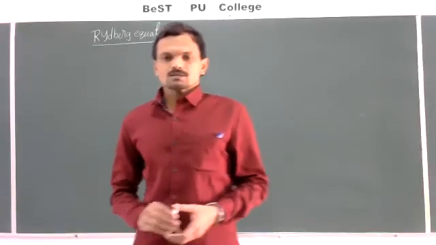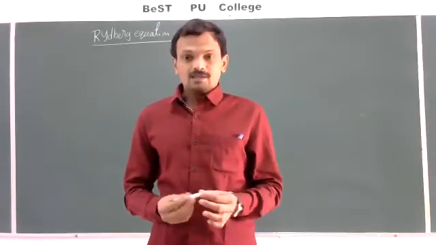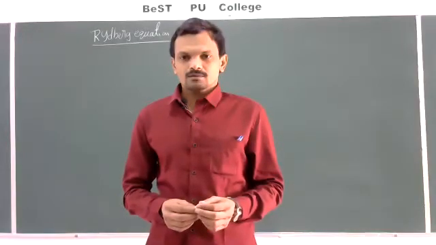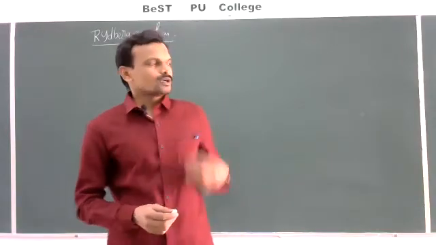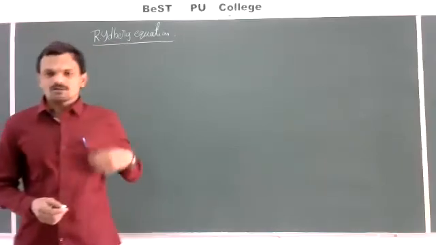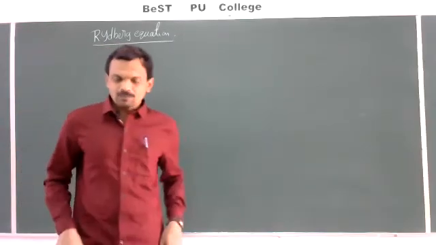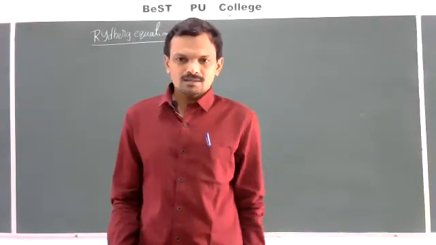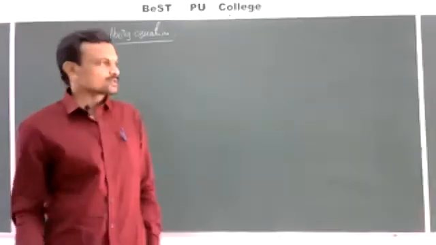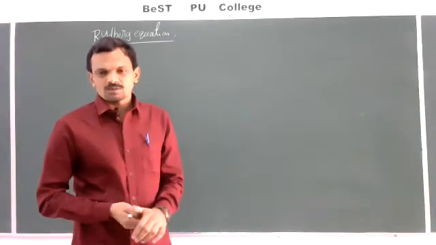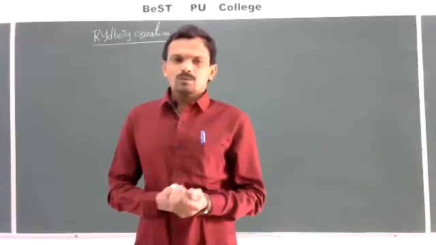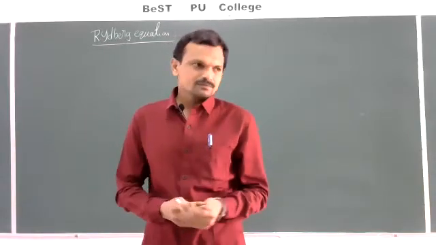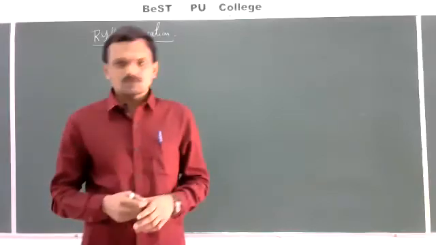Good afternoon, students. Yesterday in class we discussed the radius of the orbit, the energy of the orbit, the velocity of the electron revolving in an orbit, the time period of revolution, and the number of revolutions per second. In today's class we'll discuss what the Rydberg equation is, how it was obtained, and how the Rydberg constant value was calculated, and based on these we'll discuss some problems today.